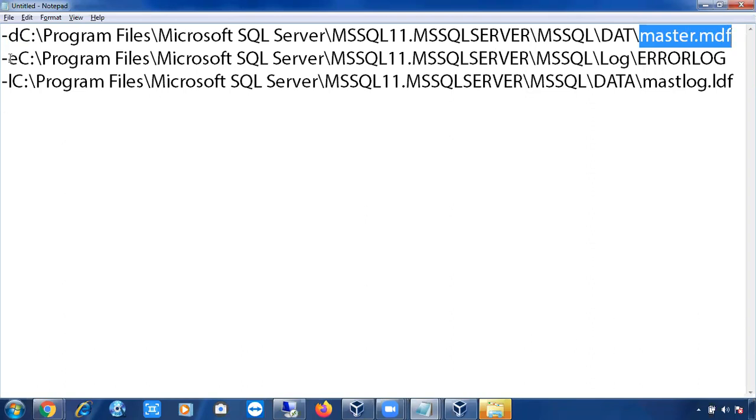-e means error log file. It will write everything if your SQL Server is not going to start. If it starts successfully, no issues. But if it is not going to start, it has to write somewhere, right? That is called your error log file. Like a logbook in a library: What is your name? What is your ID number? Which books are you taking? What are the IDs of those books?